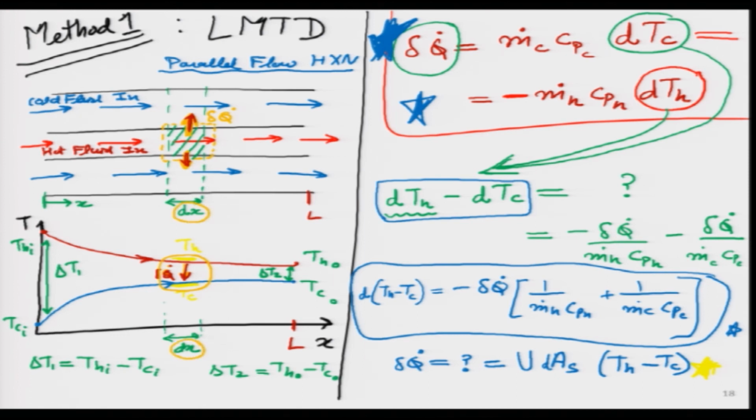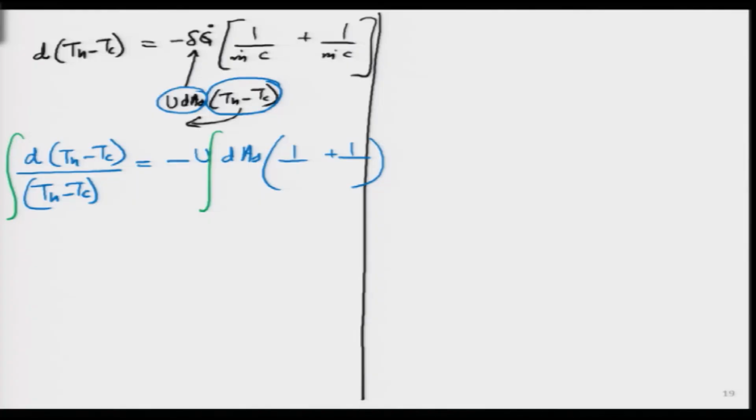But my heat exchanger is not very small. It is not just dx. It has some finite length L. dx is generally very small. You remember from calculus, infinitesimal distance dx tending to 0. A heat exchanger cannot have 0 length, it has to be 1 meter, 10 meter, 100 meter, it has to have a certain finite length, which means I am integrating from the start of the heat exchanger to the end of the heat exchanger, which means I will write inlet to outlet. That is what I am integrating, inlet to outlet.